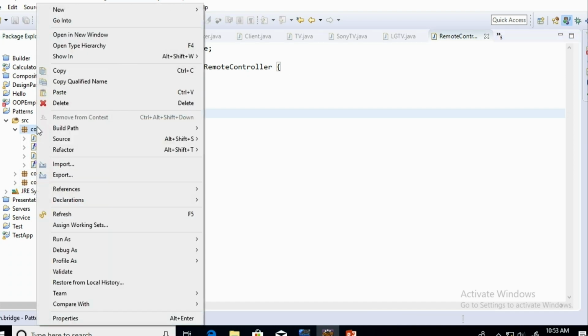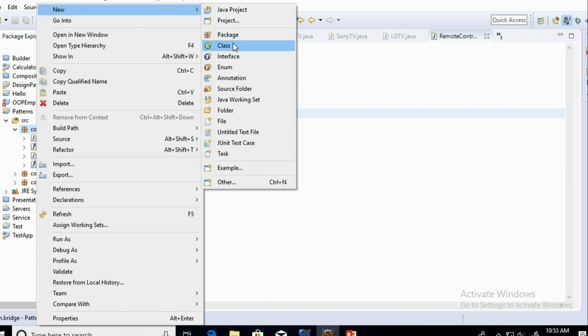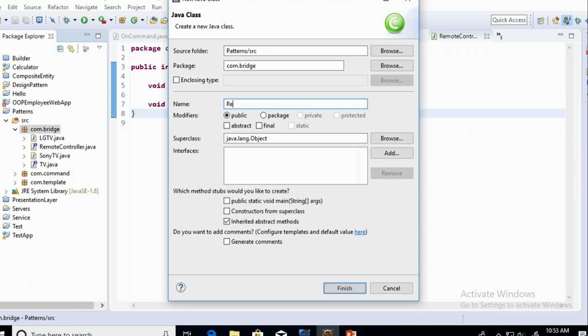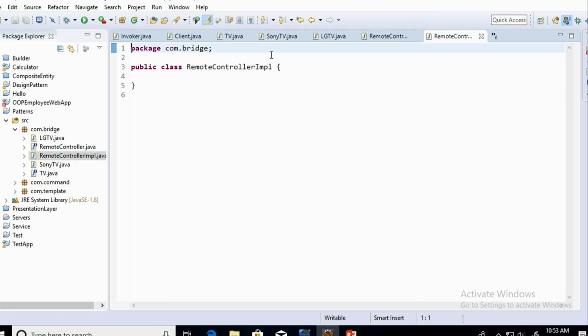Now when we are going to do this implementation within this IMPL class, where I mentioned this, there is an aggregation with the TV, right?